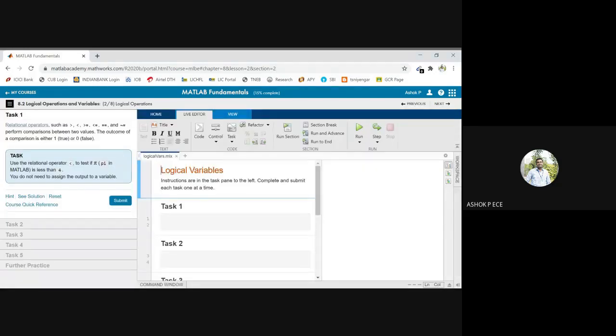So now we are going to go into the logical operations. So what are the logical operations we have in MATLAB and how to understand them using a program? Yes, so we have come to the task and, as usual, we are going to go for the